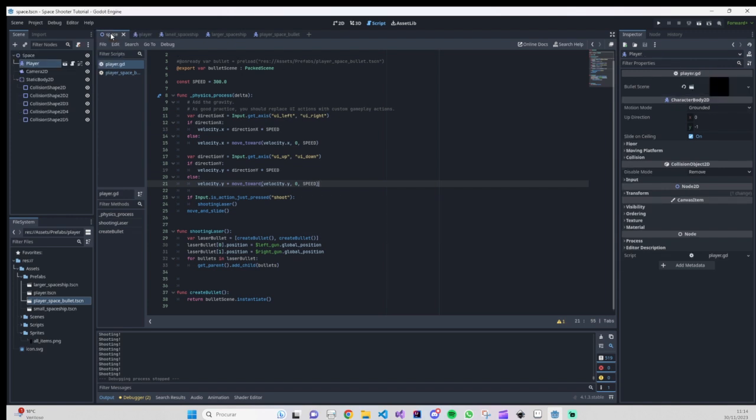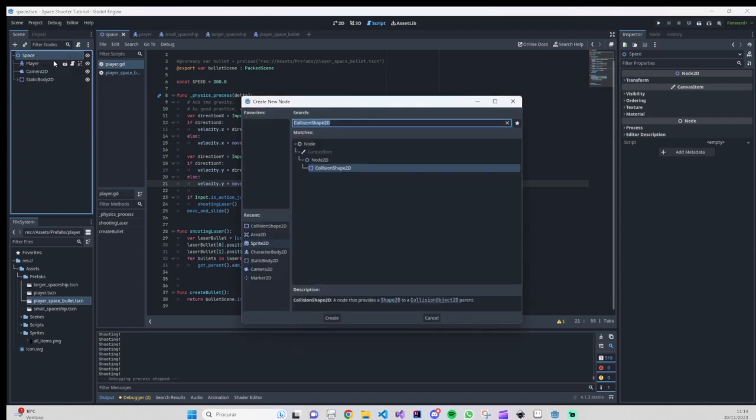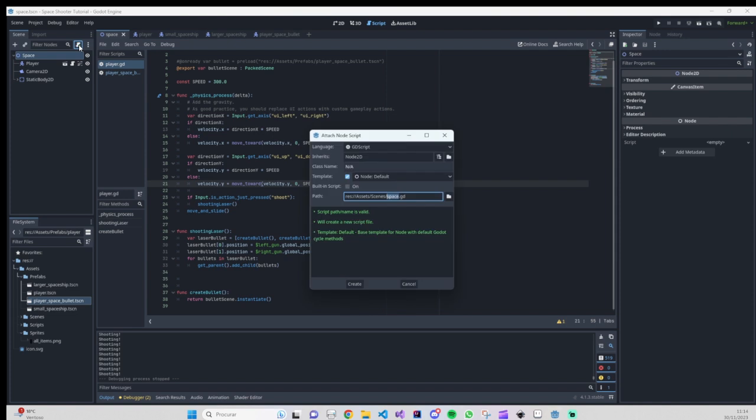So what I'm going to do now is create some sort of spawning code on the world. So not this. Create here a script for the scripts,